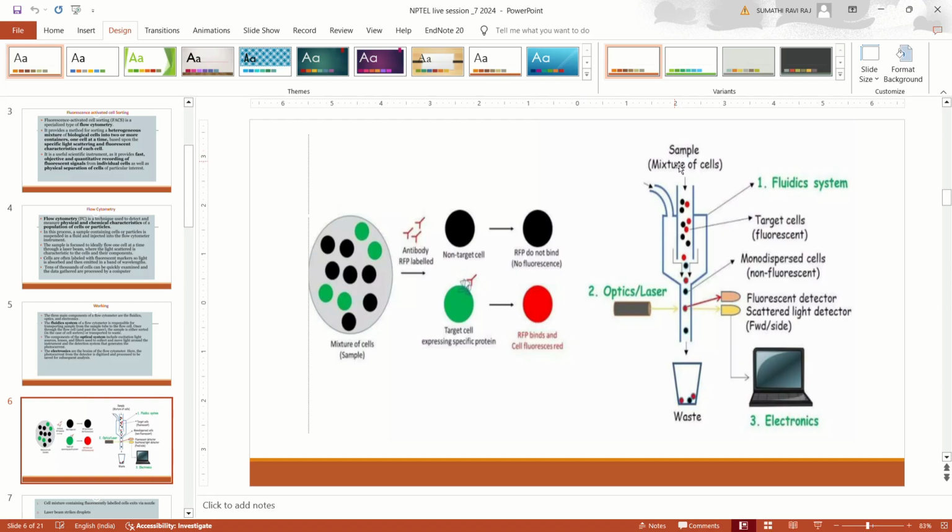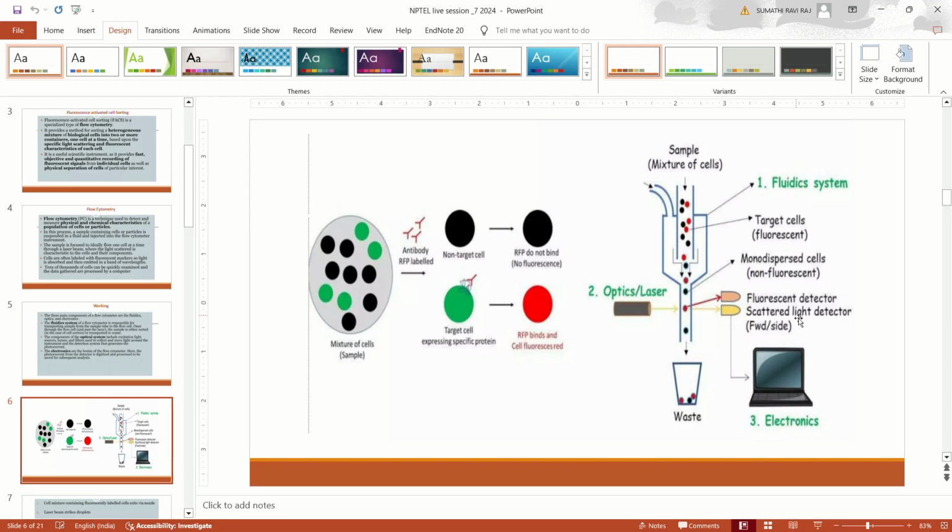Now your sample of mixed cells goes into the system, your sample tube, and your sample tube will send the cells one by one through a tube-like structure. Once it has reached a flow rate of one cell at a time, your optics or your laser system will act on each cell. Whatever cells are not tagged with your fluorophores will go into waste, and whatever cells are tagged with your fluorophore will emit fluorescence, and this fluorescence will be detected by a fluorescent detector, and the light scattering will also be detected by your